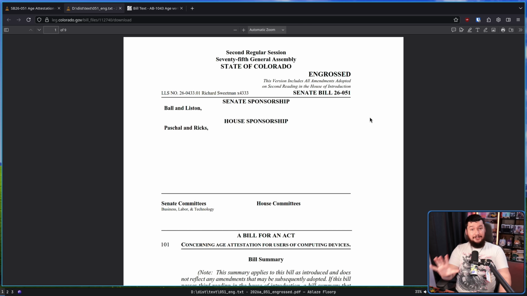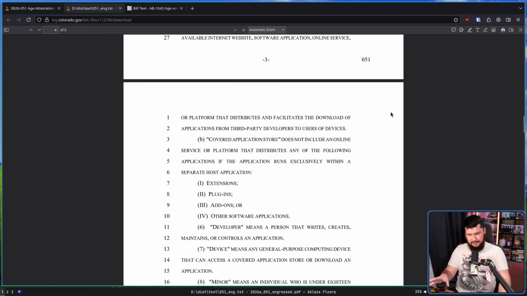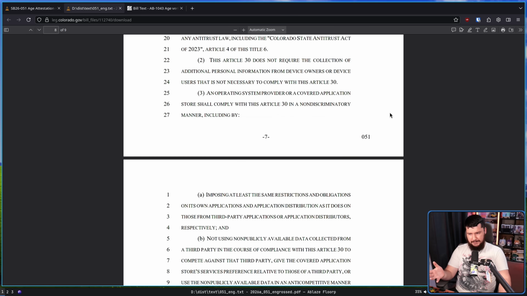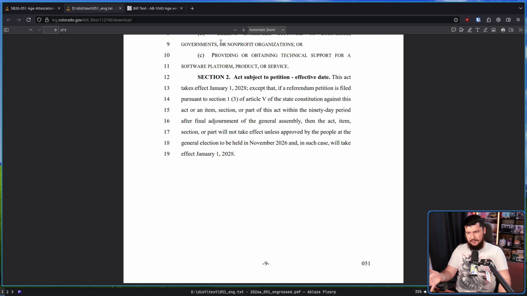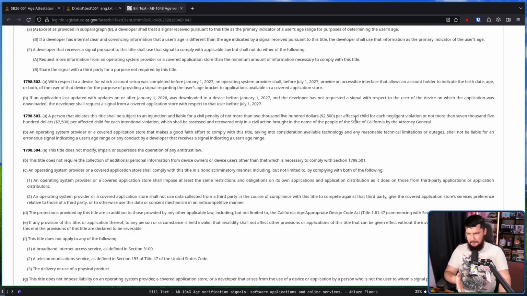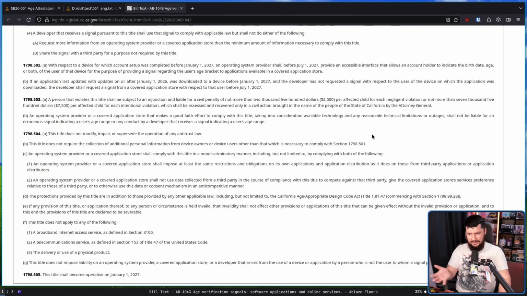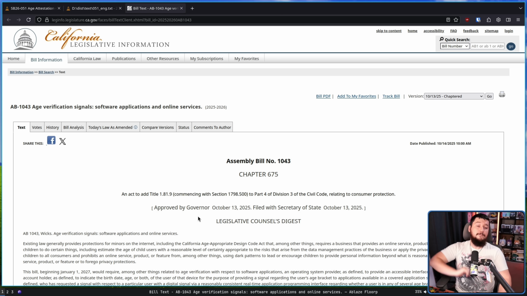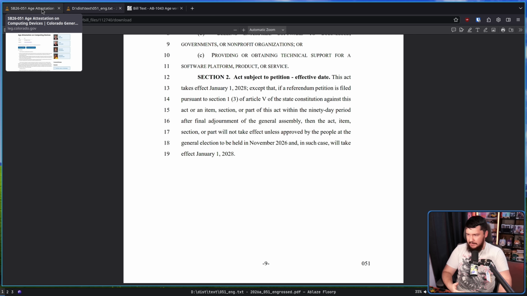Now, unlike a lot of legal bills, they're actually relatively short. The Colorado bill is much longer, primarily because they use a fairly big font, but this is only 9 pages long, and the California bill, that's all of it. Like, that's literally the entire thing. For all intents and purposes, these are both very, very similar bills. As I'm going to say throughout a lot of this video, I am not a lawyer, so I'm sure there are very specific legal differences between the two, but generally they are treated as pretty much the same thing.